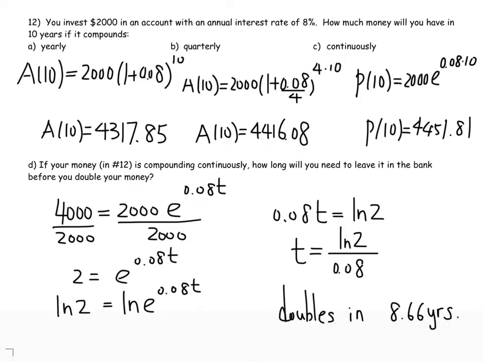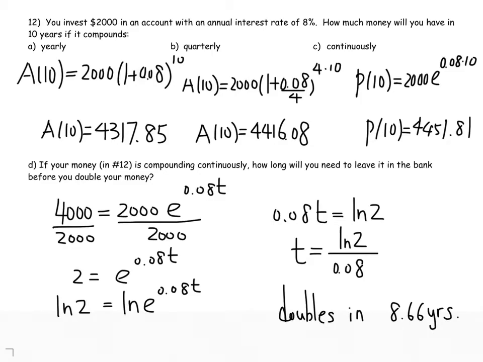4,317.85. Letter B, quarterly. So quarter means you have to divide it by 4. A of 10 equals 2,000 times 1 plus 0.08 divided by 4 raised to, so this time you have to multiply your time by 4. And that turns out to be